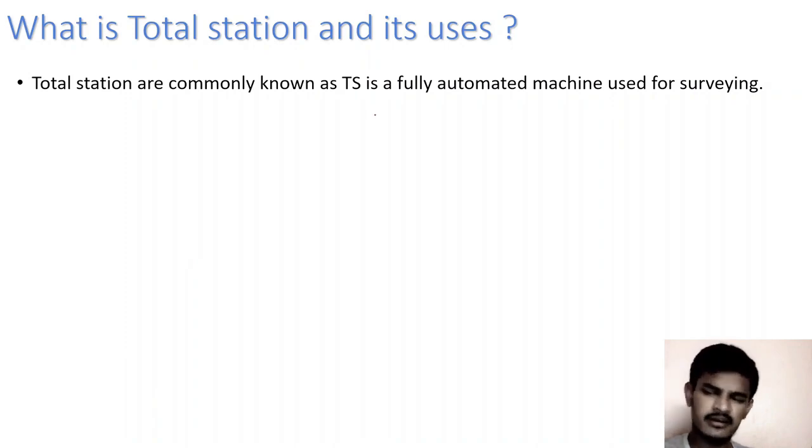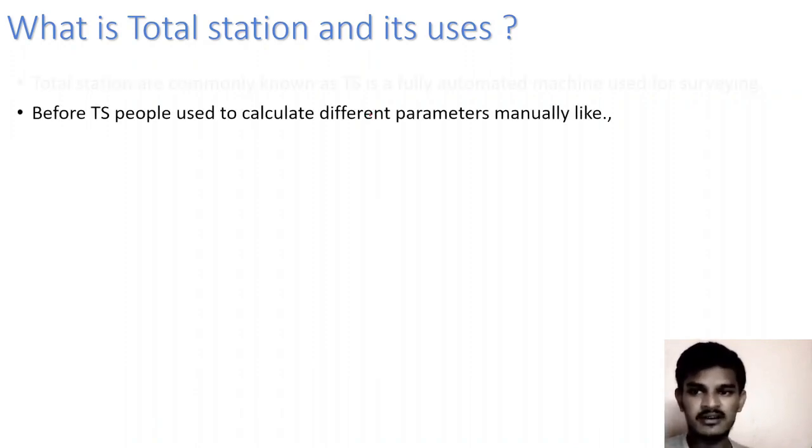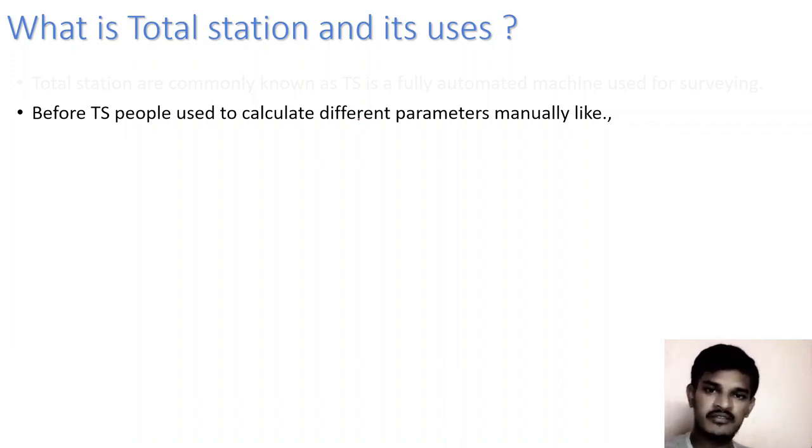We would be doing that individually, with a certain type of instrument accordingly, right? But total station is the only instrument which does every work that we do generally in surveying, right? Before total station, people used to calculate the horizontal, vertical angles and distance manually. But using total stations, we can take the angles, readings and area digitally, and we can plot those values which we have taken from the site directly into CAD,